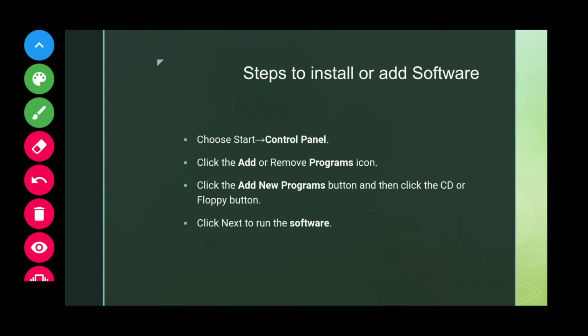We all know that we have to download the software, then we have to run that software, then we have to follow some instructions, and it will automatically install in our operating system. And these are also steps. These are the basic fundamental steps to install a particular software in your operating system. Now we follow the prompts for that software installation. Some software instructions are given for a particular software.